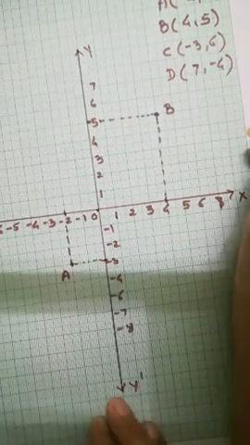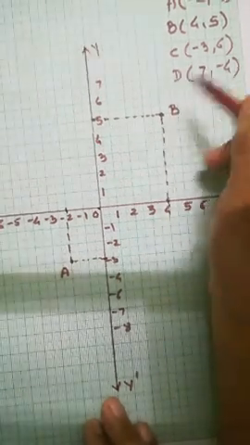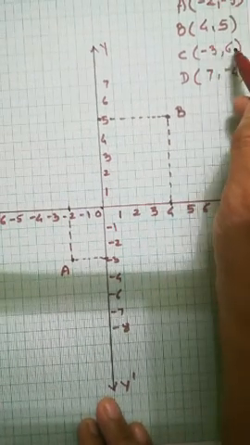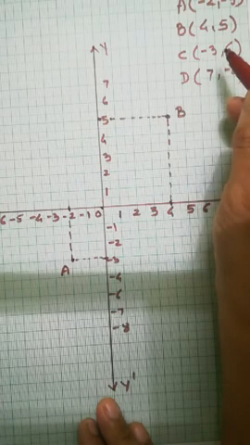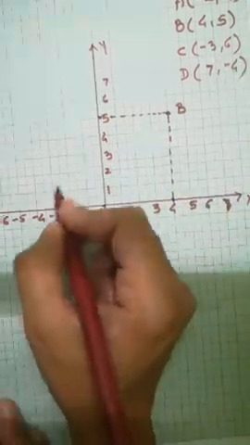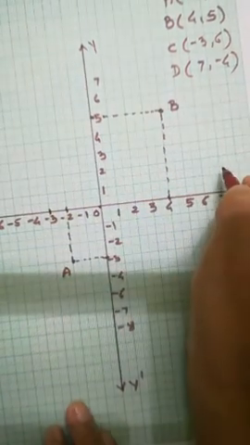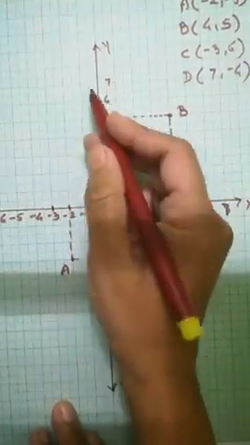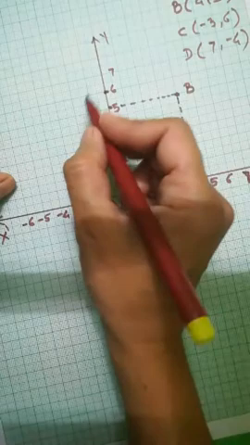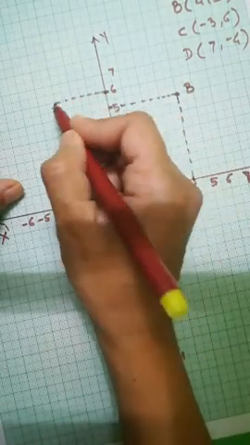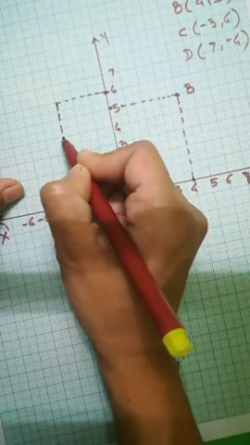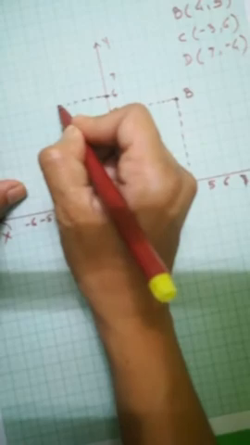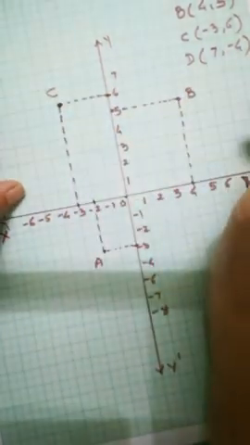Okay. Now C is -3, 6. So -3 is on the x-axis and 6 must be on the y-axis. Where is -3? Here. So mark this point. Where is 6? 6 is positive on the y-axis. Here it is. So we got the location. Now we are drawing the perpendicular here. Here. So we got the intersection point, that is our C.